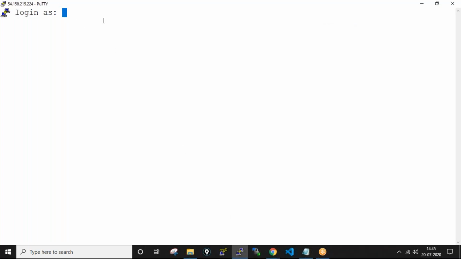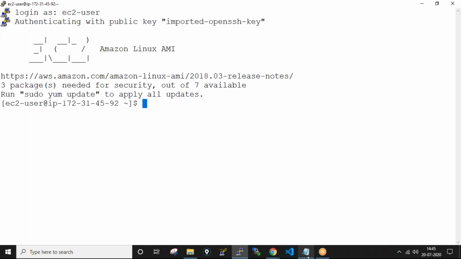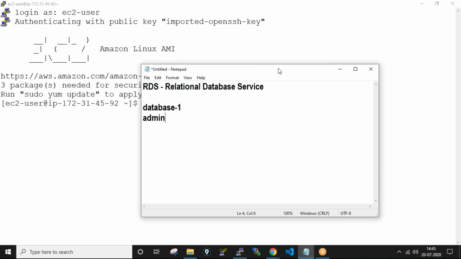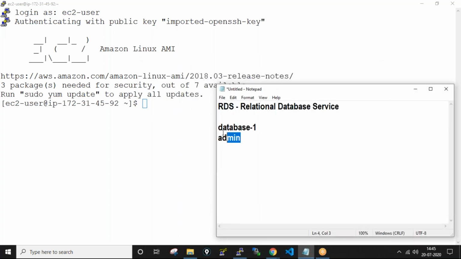Here, login as, I'm just connected with the EC2-user. It means I have launched my Amazon Linux instance, so for that I'm using EC2-user. So please note down these commands. You need to run these commands once it is successfully connected.